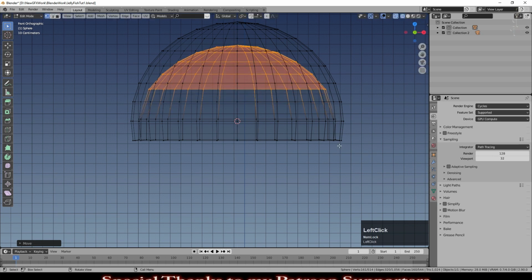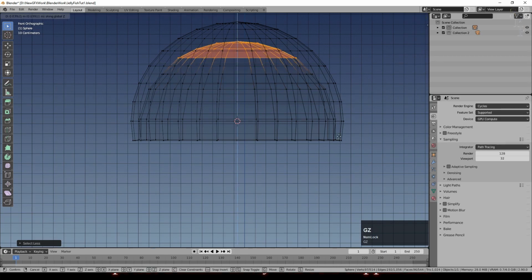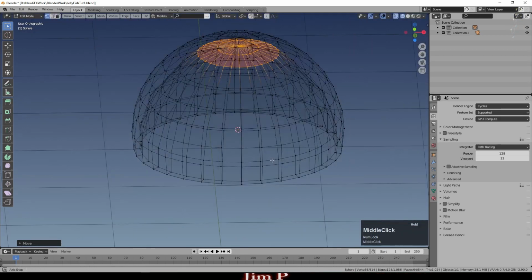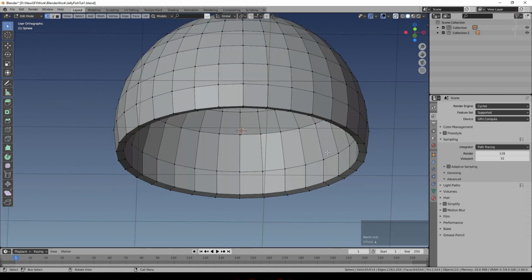Just reduce the selection a bit. It doesn't have to be too precise. You're not really going to see much of this. It's just to give the body of the jellyfish some thickness. There are other ways of doing this, using modifiers, for example. I'm going to do this very simply, so this will be a slightly simpler model than I created.